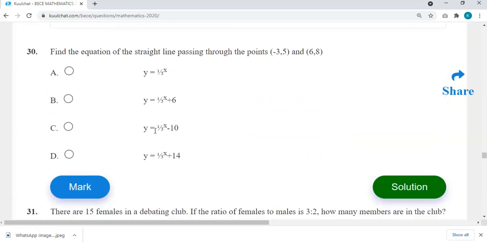Then we move on to question number 30. Sorry, I said 3, it's 30. So question number 30 says, find the equation of the straight line passing through the points (-3, 5) and (6, 8). Okay, so how do we find the equation of a straight line? So there is a formula